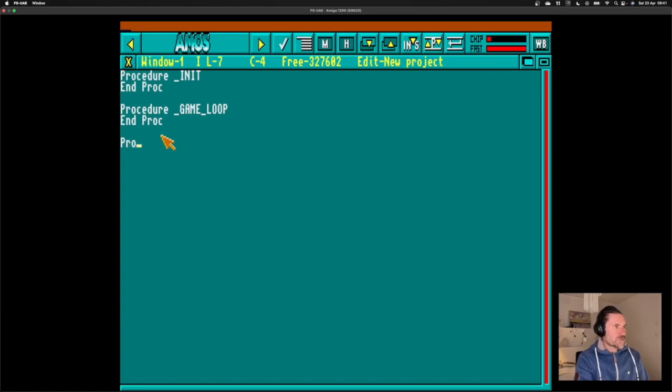And then we have a last one, procedure terminate and end proc. Yeah. So we have those three that I started with. Now we have just set up those procedures. Nowhere in the code does it say to run those procedures. So that's what we need to do in our main